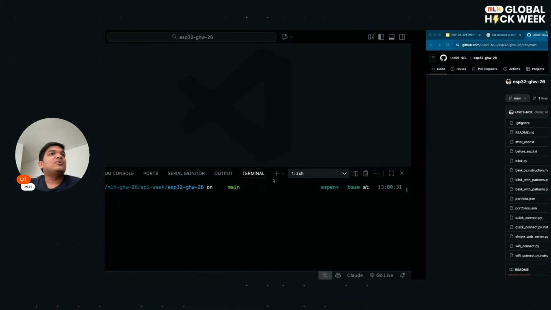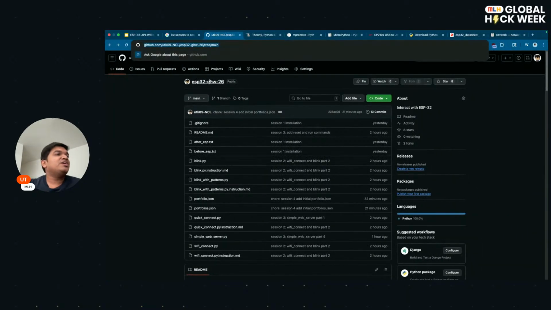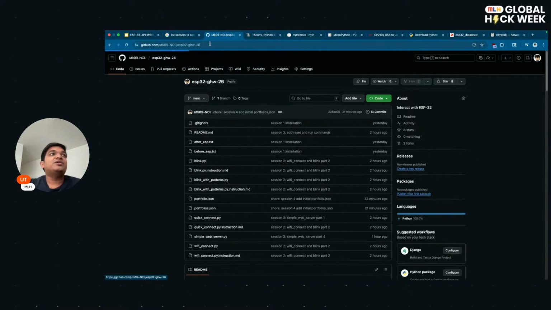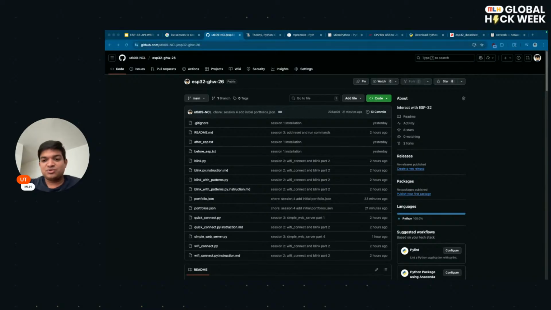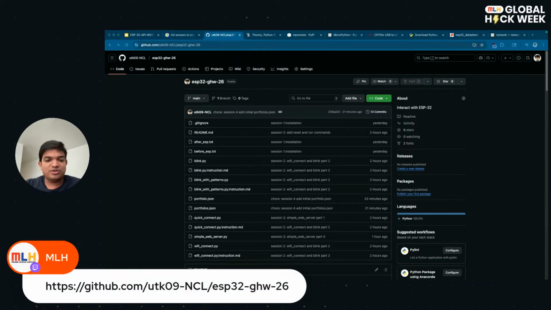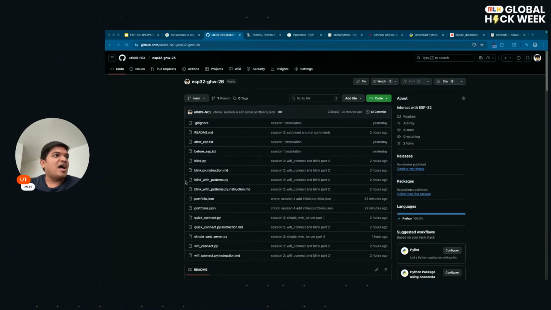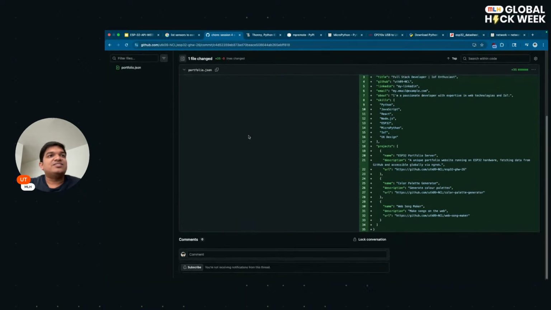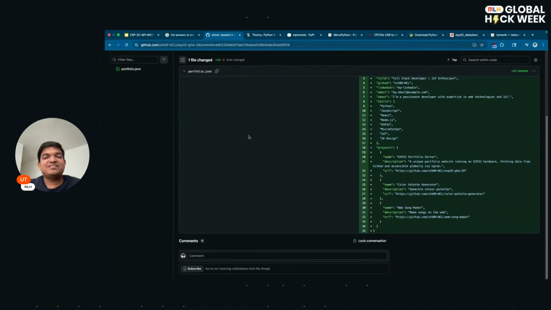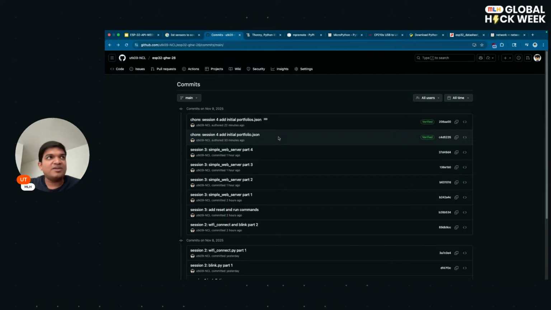If you have been following along the GitHub repository, then you might have noticed that I pushed two things. If you don't have access to the GitHub repository or you're not aware of the URL, here you go. It's in the chat. One is I added a JSON file, a random JSON file. This is the one that we are going to use in the next part of the code that we write. And I added another one,